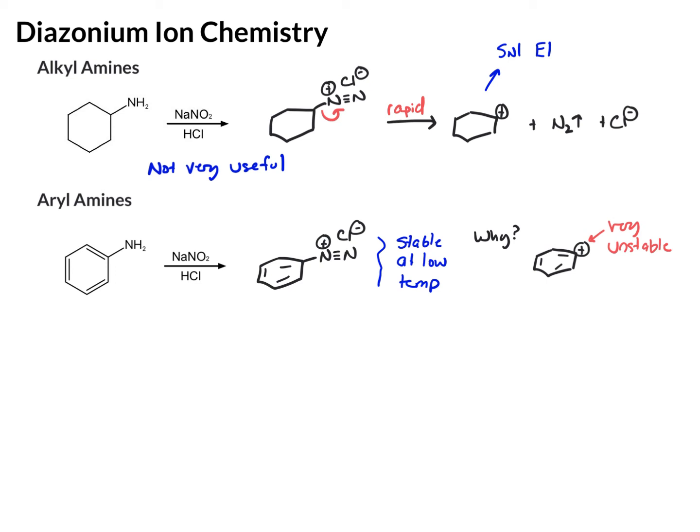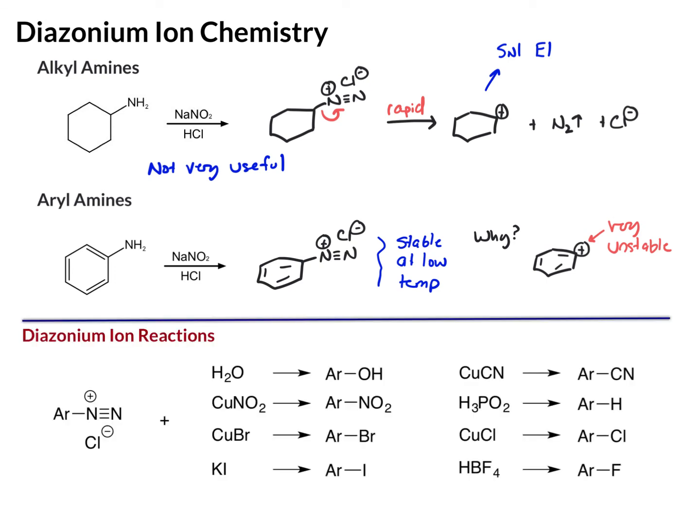And in fact, there's a variety of different reactions we can do, which really opens up the various possibilities. So here is our aryl diazonium ion, and we can see how many different things we can convert this to. If you add water to that, you can convert it to an OH. Copper nitrate will convert it to an NO2, copper bromide to a bromine, potassium iodide to an iodide, copper cyanide will convert it to a CN,